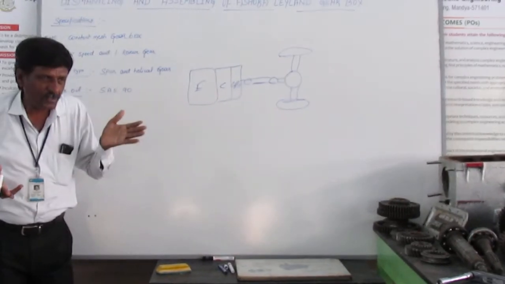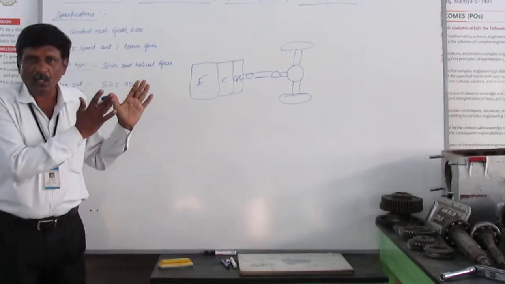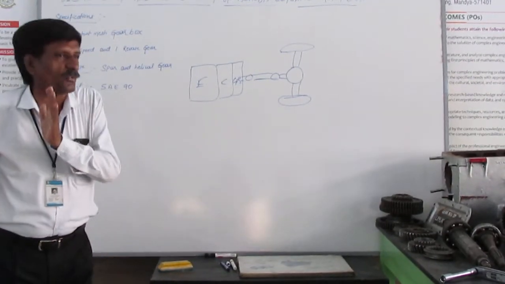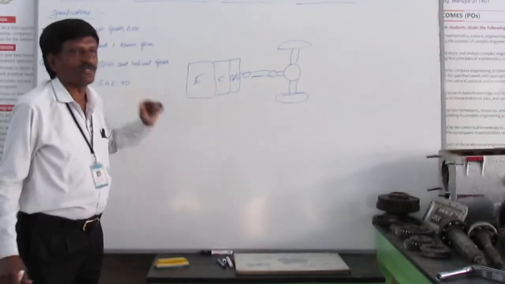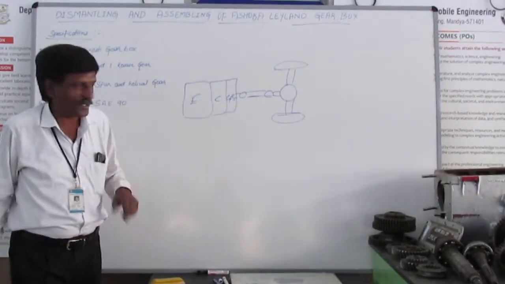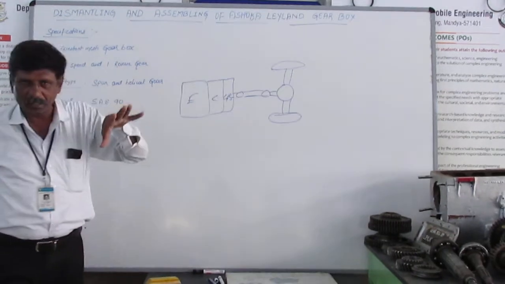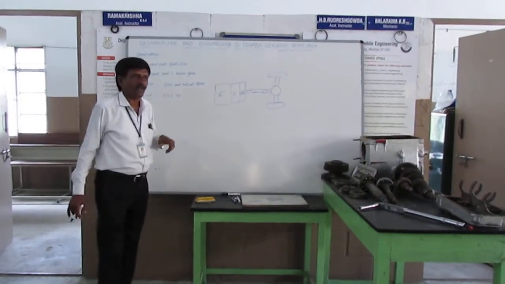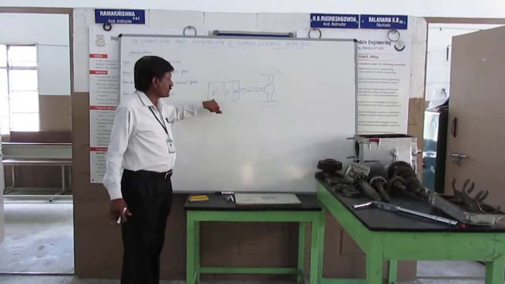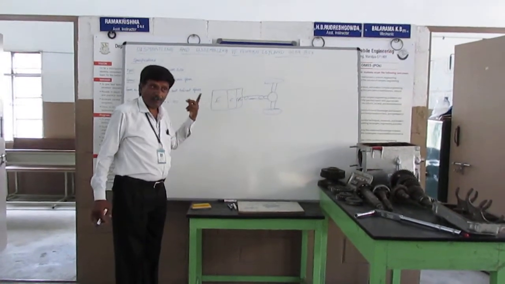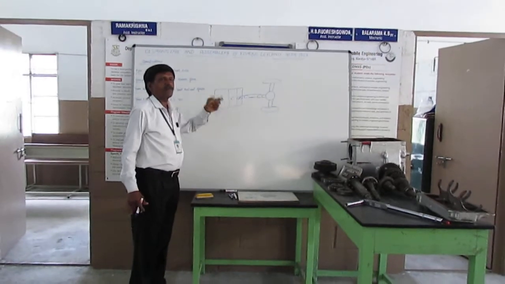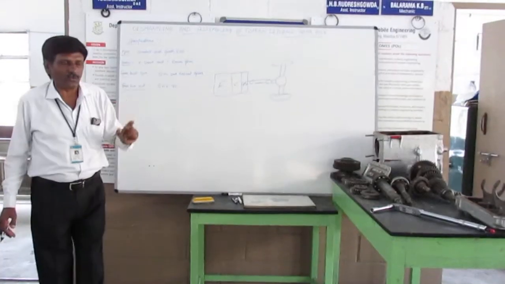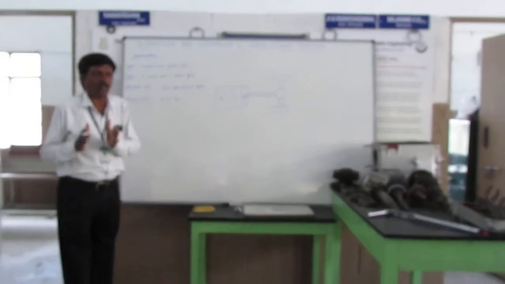In the case of a petrol engine, the speed varies from the idle speed of 500 rpm to a maximum speed of 5000 rpm. But in the case of a diesel engine or CI engine, the speed varies from 500 to 3500 rpm. That is the maximum speed of 3500 rpm in a diesel engine. That means the power generated by the engine is not always constant, and also the speed of the engine is not always constant.